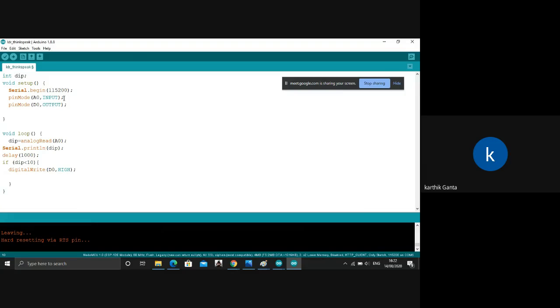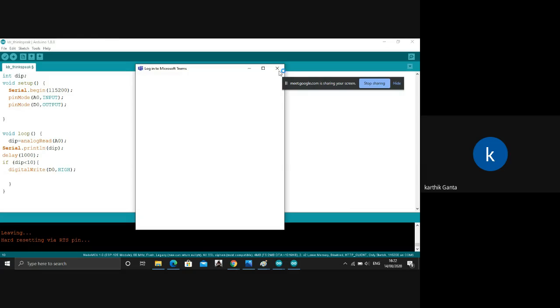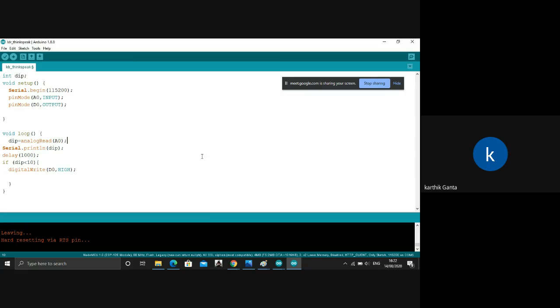Now, anyone see the issue? If no one, just say no. When the value is less than 10, the LED will be on. There's no problem. But even then we'll have an issue. What is that issue? If no one knows, just say no in the chat box. If yes, you can just type what is the issue. Respond anything, just yes or no.